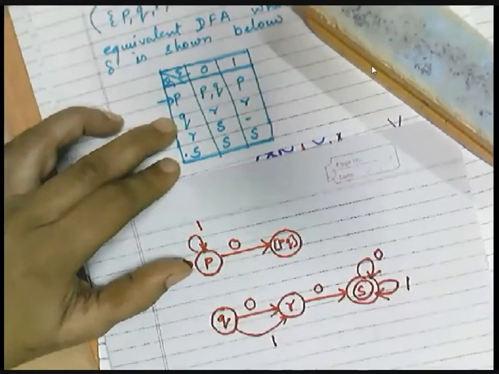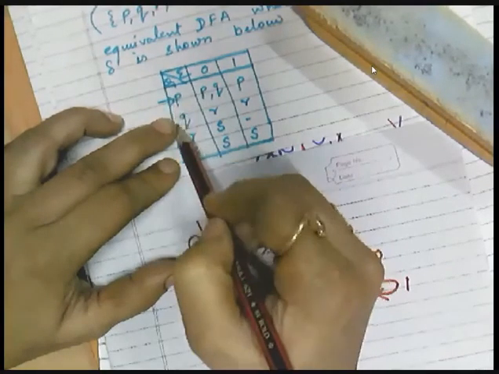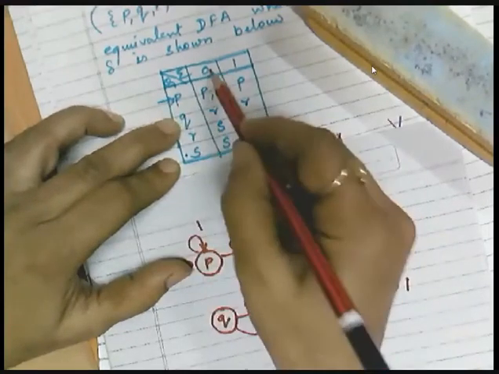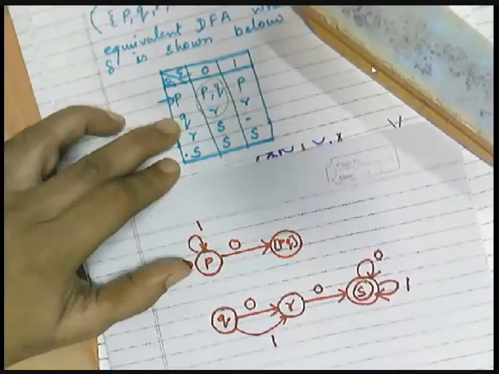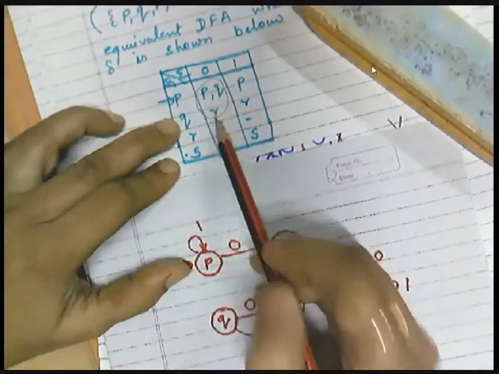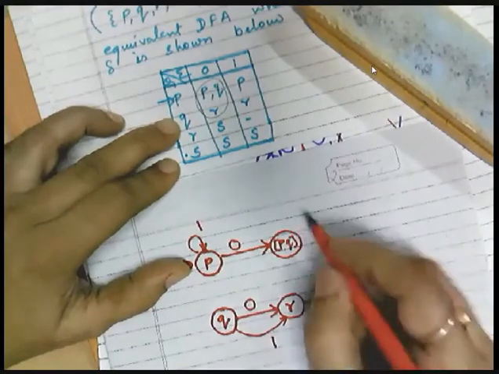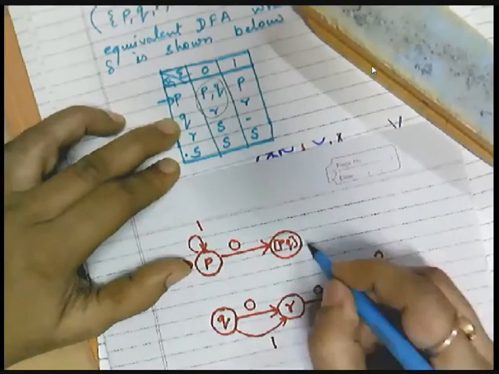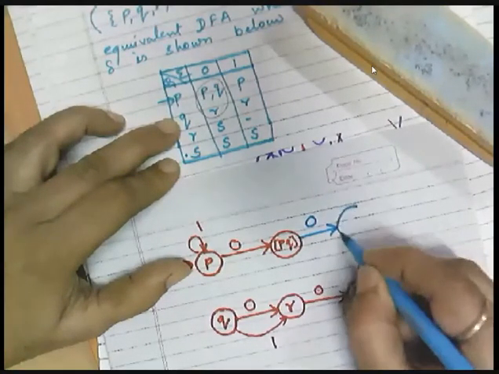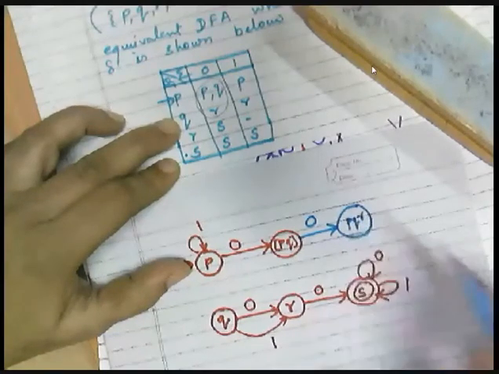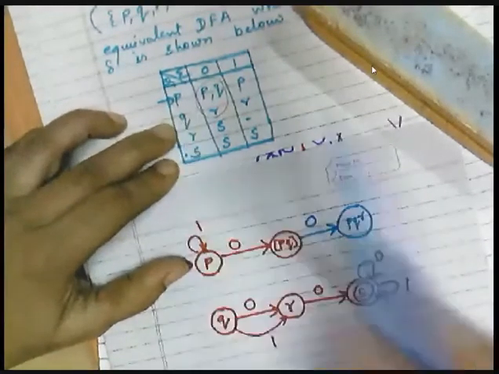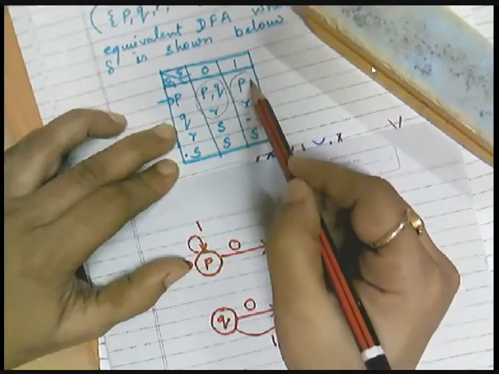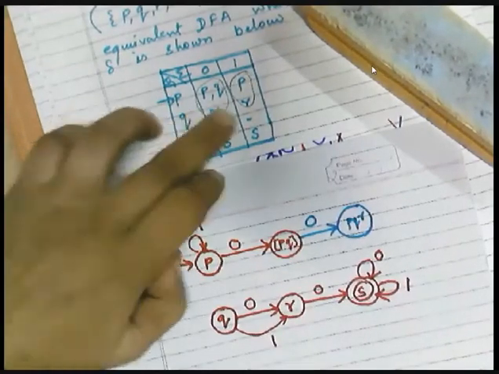Are you able to understand? See, here these 2 states we need to combine, union. So PQ is a state. So PQ on 0 moves to the combination of these 2, so this is giving you PQR as a new state. So I need to make that a new state, right? So suppose I'm making a new state here, PQ on 0 moves to a state named PQR, right? Now next, PQ on 1 moves to a state named PR, right?